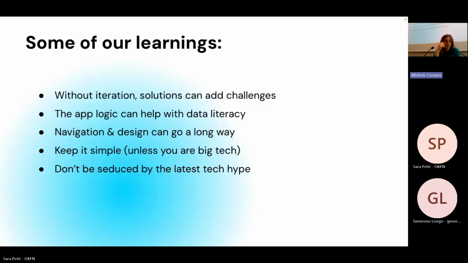The other thing is, of course, that navigation and design can go a long way. And this is especially true for non-technical audiences who really need the application not to be buggy, not to be too complicated, to be attractive and easy to use. But at the same time, and this is a tension that we observed, and I think this is probably true for a lot of people here in this room, we're not a giant organization, we're a small organization, we have a small team working on this application.